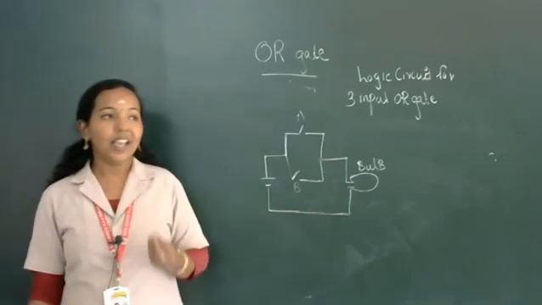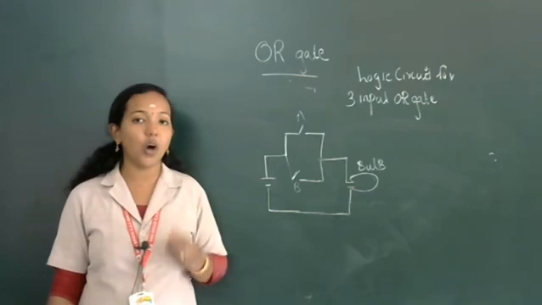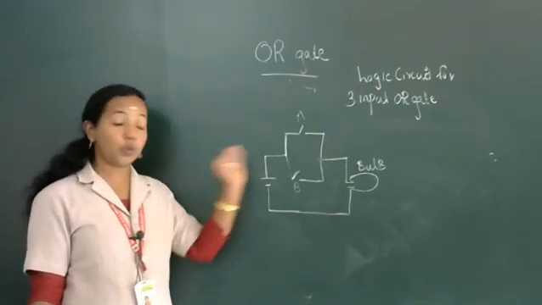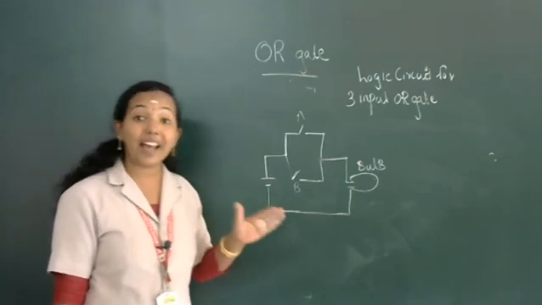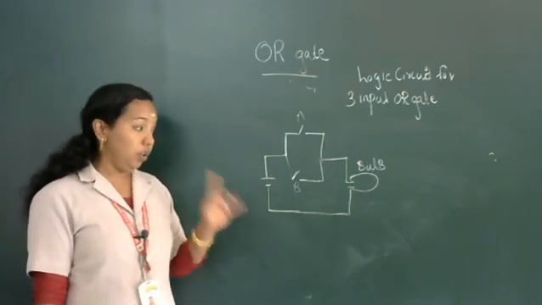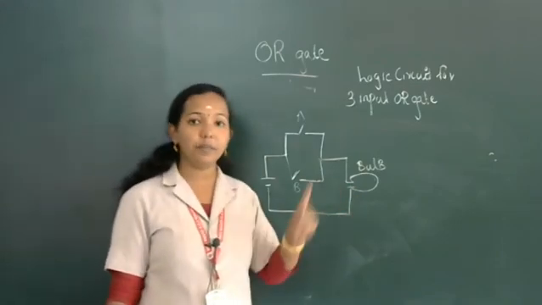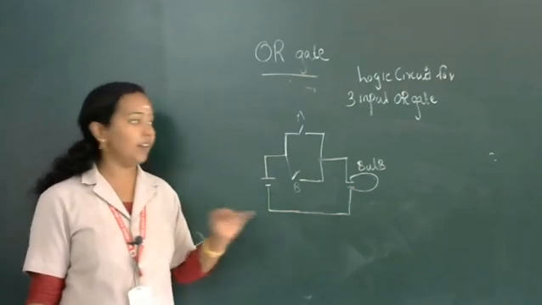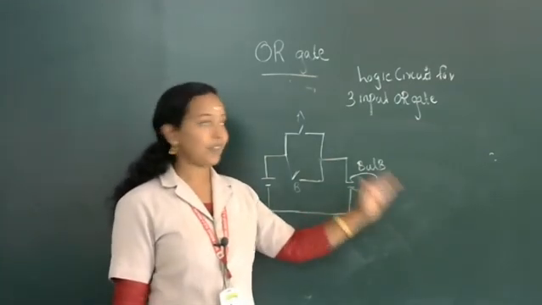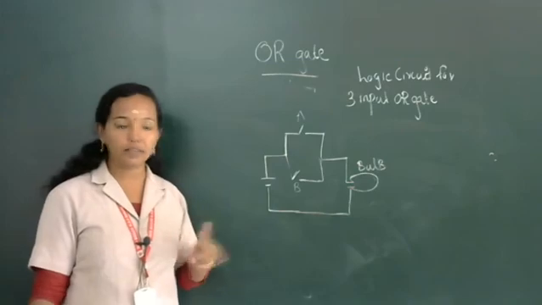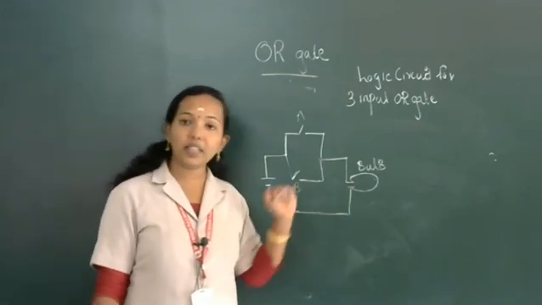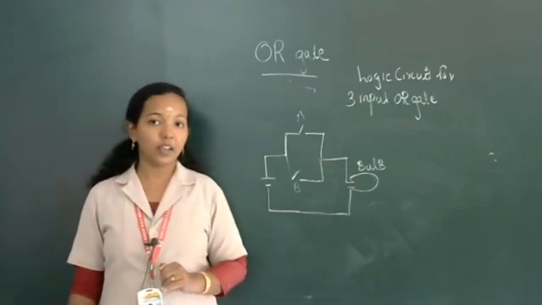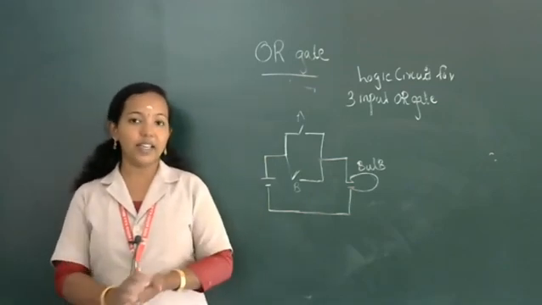So this is a real life example for the working of OR gate. If a bulb is connected to two switches that are connected parallelly, only in one condition the bulb will be in off stage, that is if both the switches are in off condition. Then if any of the switches on, bulb will on. If both the switches are on, then also the bulb will in on stage. Okay, clear?